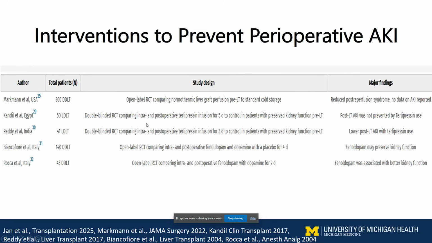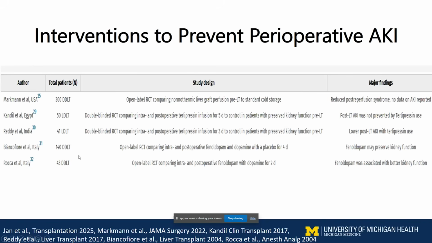And then there are a couple of trials with intra and post-operative Terlipressin. In one study, the post-transplant AKI was not prevented by Terlipressin use. There was another study of 41 living donors, which showed there was a lower post-LT AKI with Terlipressin